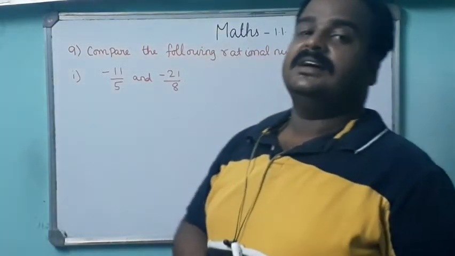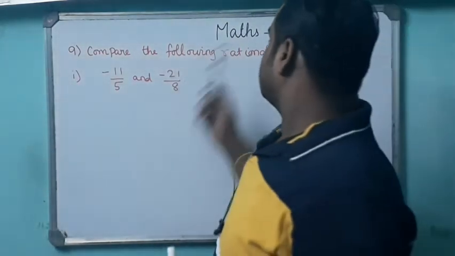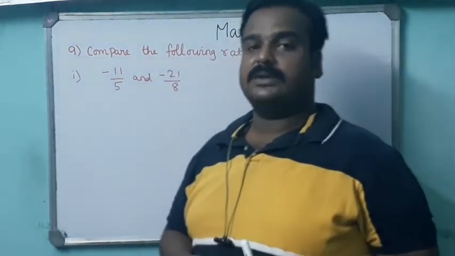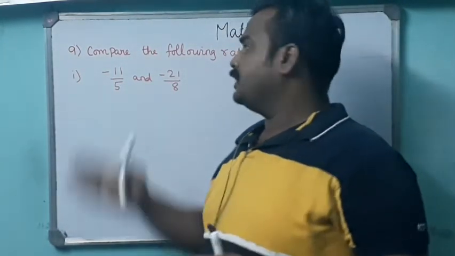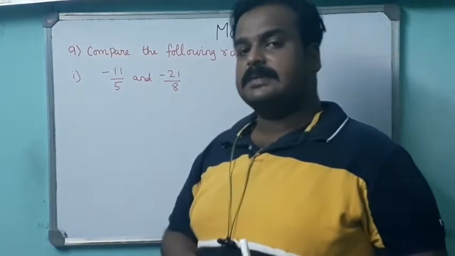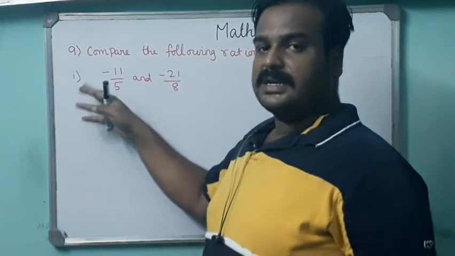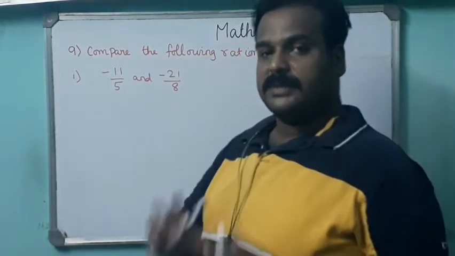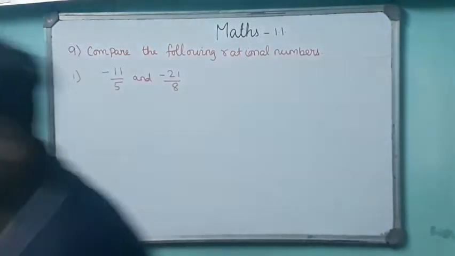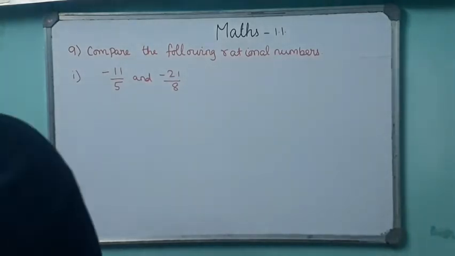Good evening, children. In the previous class, we have seen exercise number 1.1, sum number 1 and 2. Now, we are jumping a little bit to sum number 9, because sum number 3, 4 up to 8 are much easier, but this is more important. At the same time, this is the topic you must know, right? Now, you are going to compare